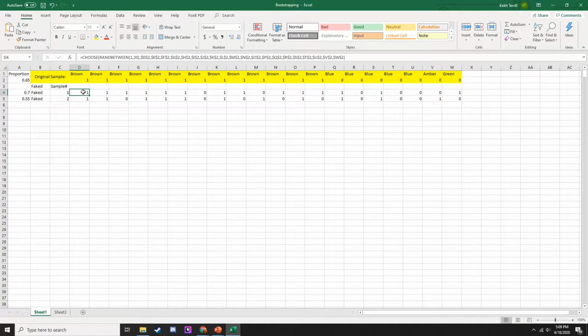And then for the sample, and if you want to really zoom in on this command, you're more than welcome to. What I basically do is for each value in each sample, I make Excel pick a random number between 1 and 20. And then if it's 1, it'll pick this guy. If it's 5, it'll pick 1, 2, 3, 4, that guy. And if it's 7, it'll pick that guy. If it's 19, it'll pick that guy. And so it will do that for every spot of every sample. And that's because it's with replacement. So it's not like it can pick the same value twice. In fact, it can pick the same value every single time.